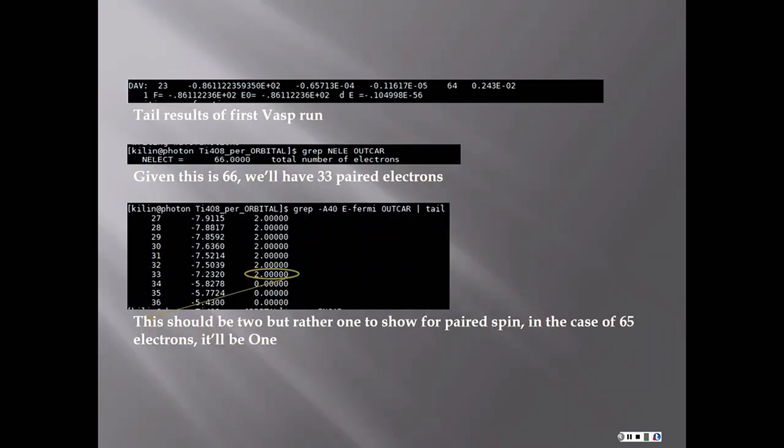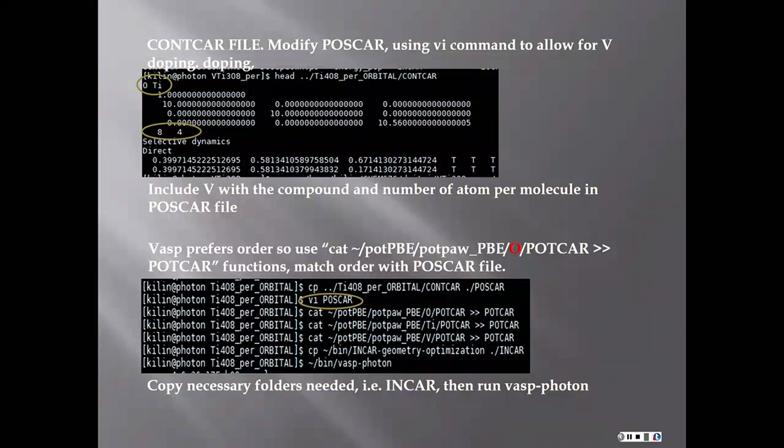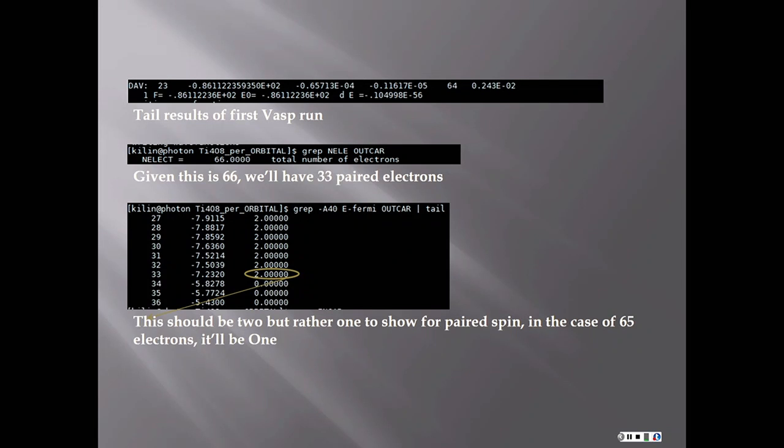And then run VASP. Okay, when you run your VASP, this is when I was trying it yesterday. This was my total result that I was provided. And then also, if you want to get some information from it, like the total number of electrons, you use the command grep NELECT OUTCAR. And for my situation, it showed me the total number of electrons I had was 66, which is